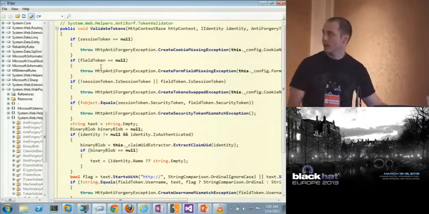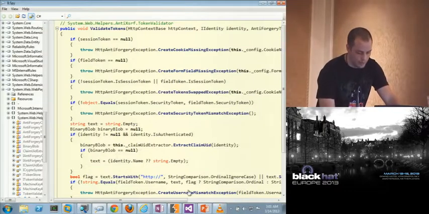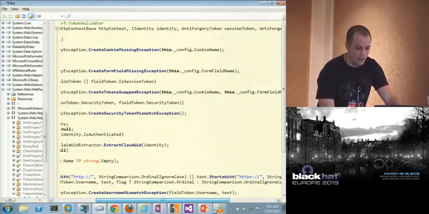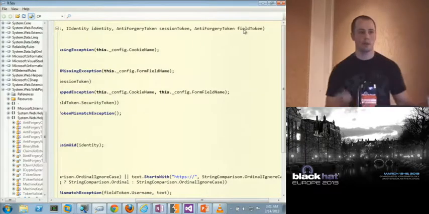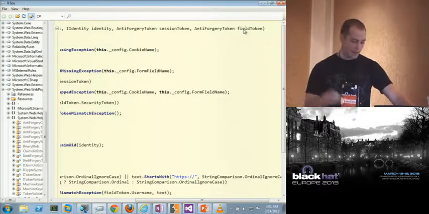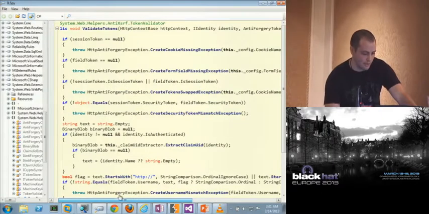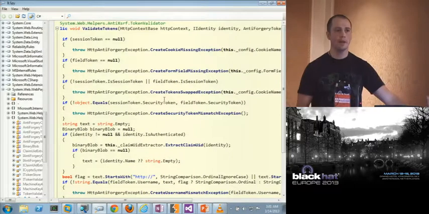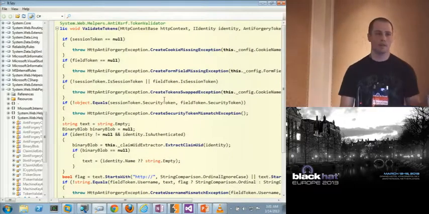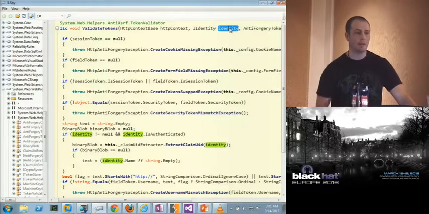If you look at where that exception is thrown, you can look at the stack trace. And if you drop this into ILSpy, it looks like this. You can see there's some information passed to this. Some of that information is a session token and a field token. The session token is the cookie. The field token is the post value. And so it's tying them together somehow. One of the things it does really early is compare that they're equal. It says if object.equals the cookie and the post value. That's pretty much the same as the naive double submit solution that OA had, right? But there's some more information here with MVC. They're also passing this identity field, and that's really what I'm concerned about.